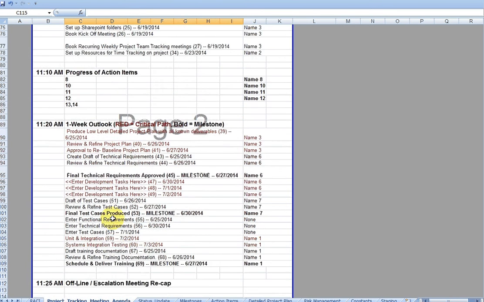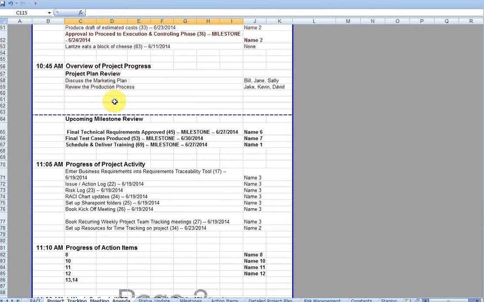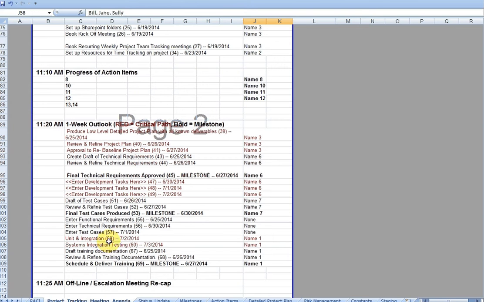Lastly, this is a very important part here. Oftentimes in a discussion throughout the meeting, usually in this section right here, where we have the discussion topics, the need for breakout meetings where more detail needs to be discussed happens. In a good tracking meeting, you don't want to have that conversation there. You want to make certain you identify what it is, what it's about, the individuals who need to be involved, and make a note down here that we need to have a